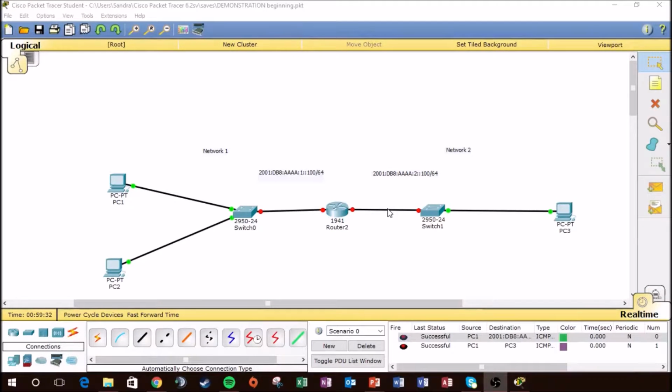Hey, my name is Sandra, and I'm going to be showing you the basics of writing IPv6 addresses and how to establish simple routing in a network using IPv6. Before we get into this routing situation you see right over here, we're going to start with a brief overview